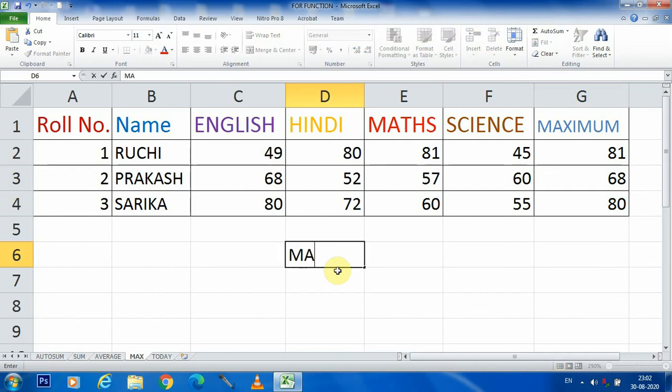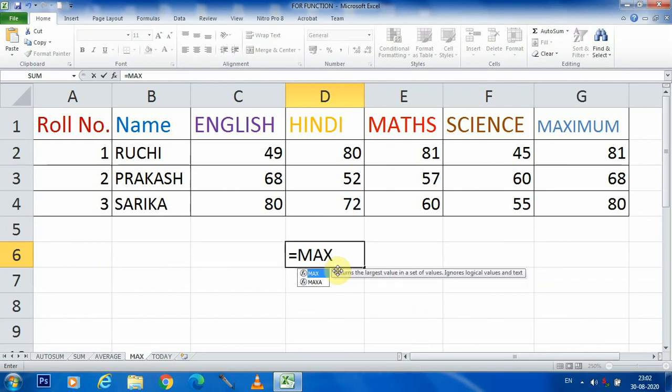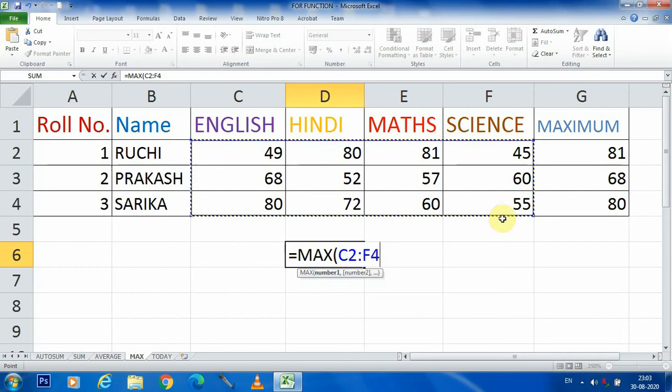We can get the maximum value of a given cell range. That means in this whole range we can get the highest value. So after opening the parenthesis, we select the range. You can see it is selected, C2 to F4, that is the first cell and the last cell.